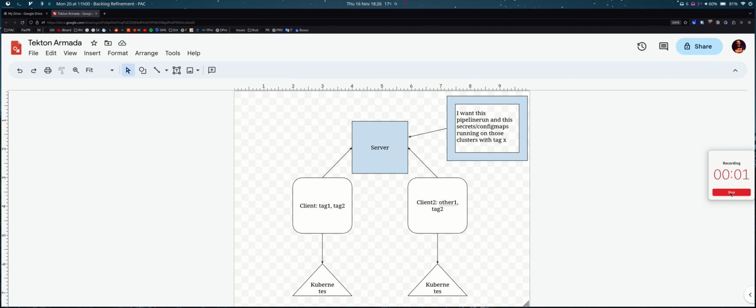Hello everyone, I wanted to show a POC I've been doing with Tekton on a project I call Armada, which is a way to be able to send pipeline runs to multiple clusters by different configurations. So the idea is kind of simple: you have a job which is containing a pipeline run, secret, config map, or potentially volumes, but that's not implemented in this POC yet, where you send the